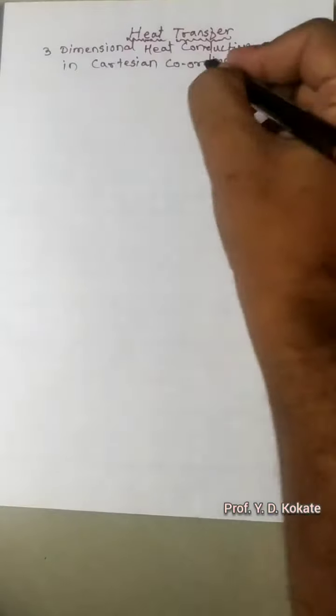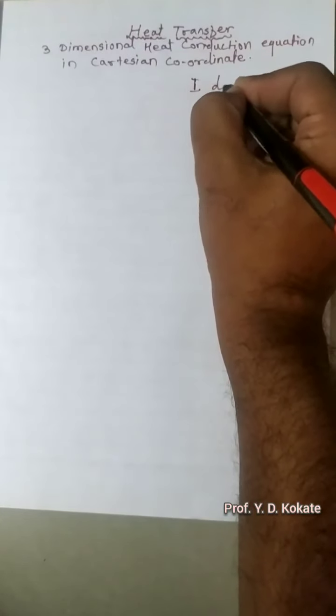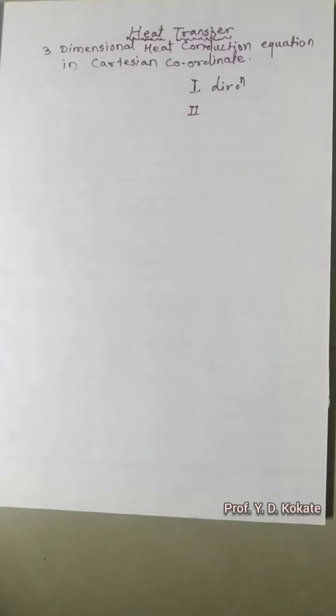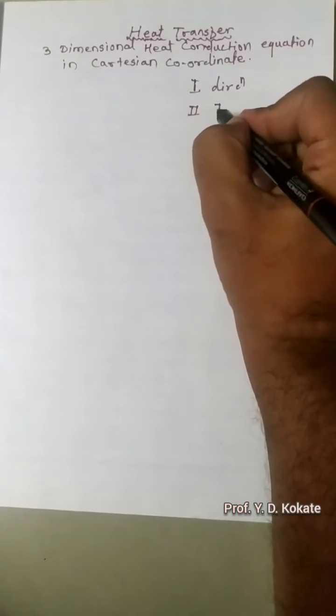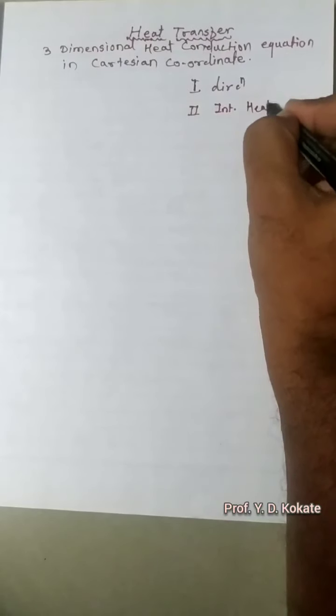The first part is nothing but the direction. The second part is that inside the object there can be a generation of heat. For example, nuclear reactors internally generate heat. If a wire is carrying current, heat is generated due to the flow of current. So if I want to take account of internal heat generation,